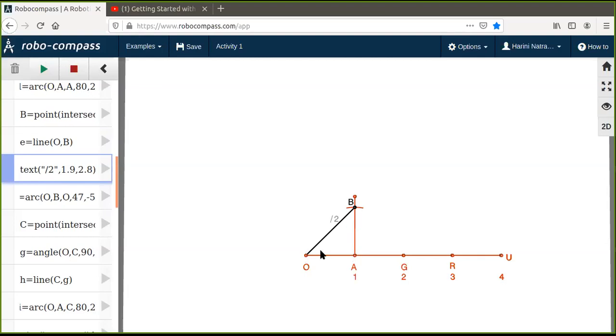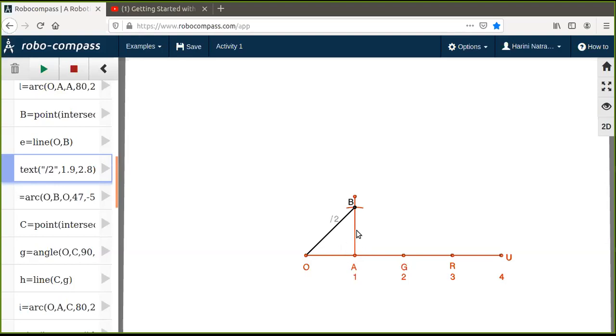Now this is giving me a right triangle. You should be able to see that. This is a right triangle that I've got, which is right angled at A. So when I apply the Pythagoras on this right triangle OAB, OB is my hypotenuse, which is the side opposite to the right angle. So my OB square will be equal to AB square plus OA square. Each of them is having a length of 1 unit. So OA square is again 1 square, AB square is 1 square.